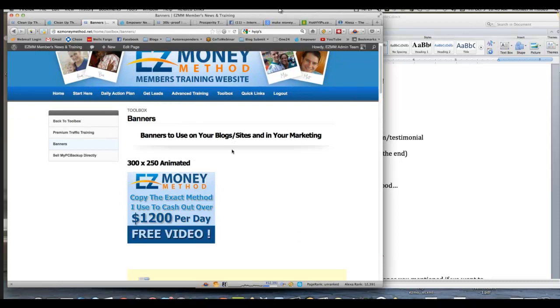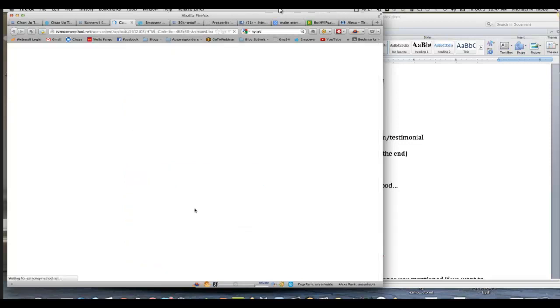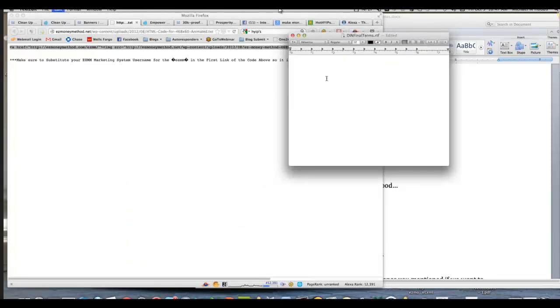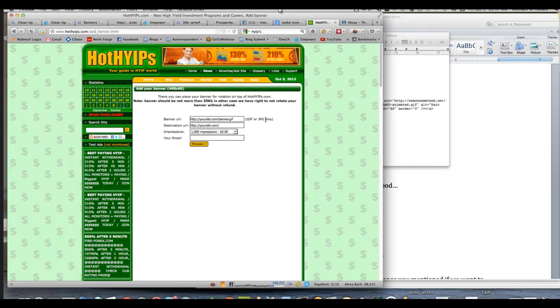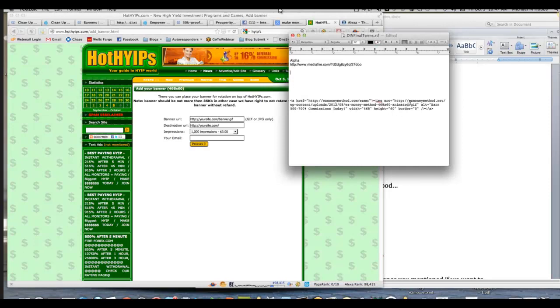We have these little banners, okay, and they have a little HTML code that you can download. So what I'm going to do, it's asking for the banner URL. So that's like the image, GIF or JPEG ultimately. So right here, okay, so it doesn't take GIF. Oh yeah, it does take GIF. Okay. So here's the GIF. You gotta grab your URL of whatever image that you're going for.